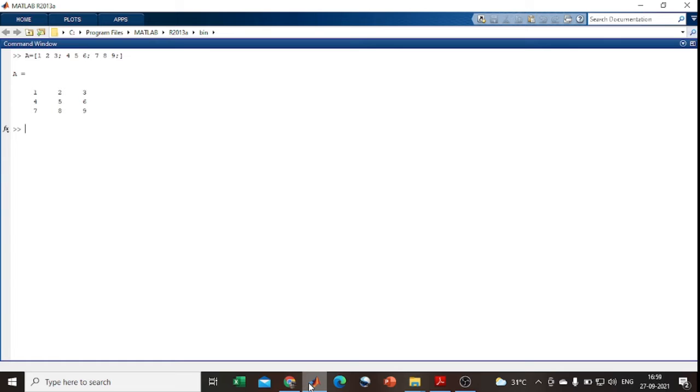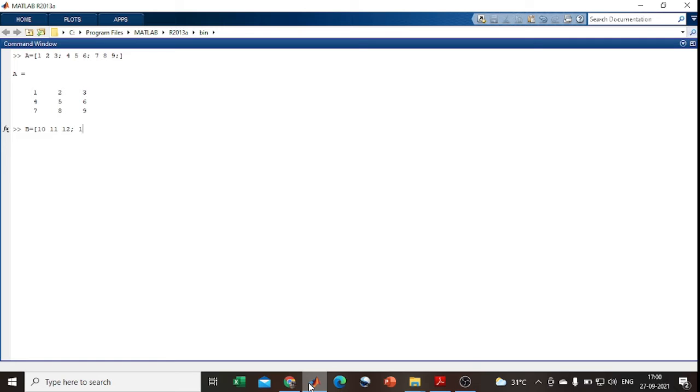After that, how can I represent the mathematical operators? The mathematical operators are plus for addition, minus for subtraction, cross for multiplication and division. How can I use them? For that I develop another variable, the variable B. B is equal to, the same as before, but with other numbers. For understanding purposes I use 10, 11, 12 as the first row of the B matrix.